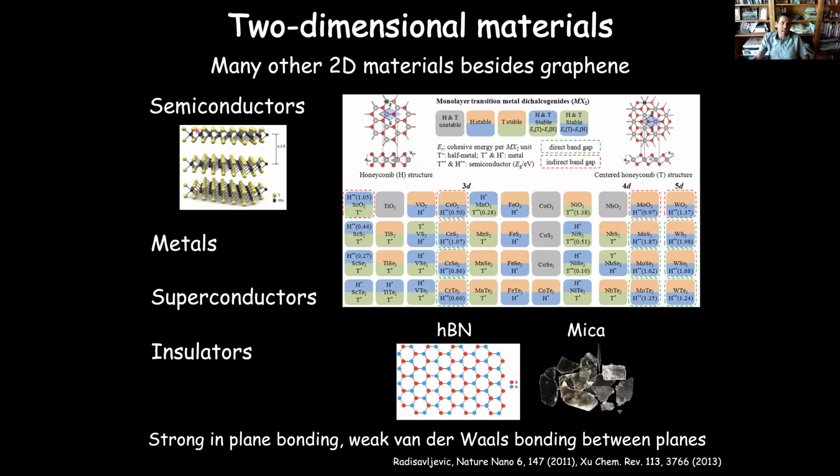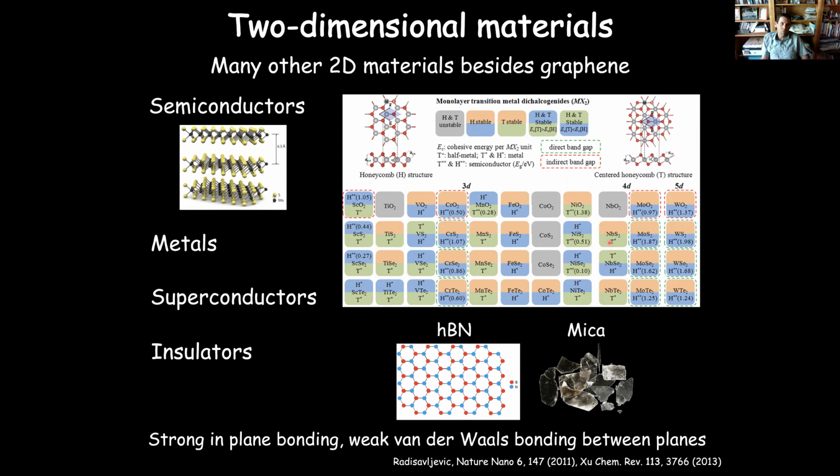This is a 3-atom thick unit cell with molybdenum in the center, sulfur atoms on the top and bottom. There are metal versions of this, things like niobium diselenide here, niobium sulfide. These are materials which are essentially metals at room temperature. If you cool them down low enough, they undergo a transition, in the case of niobium diselenide, around 7 degrees Kelvin to a superconducting state.